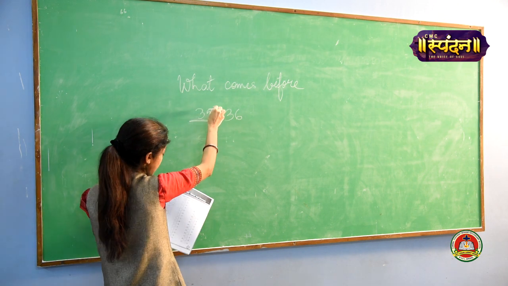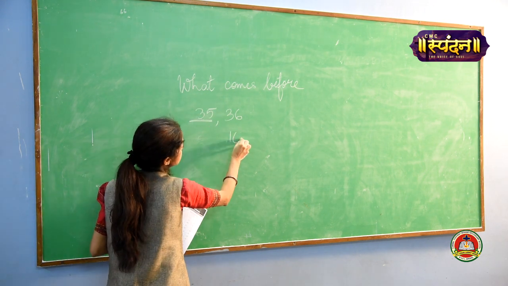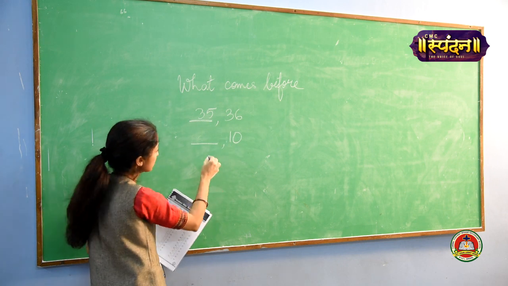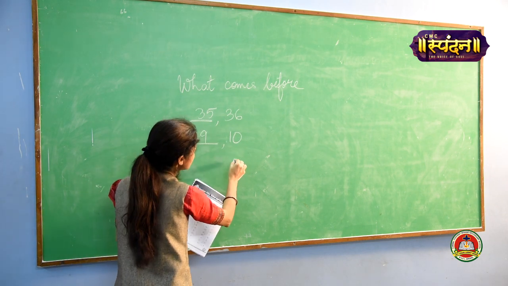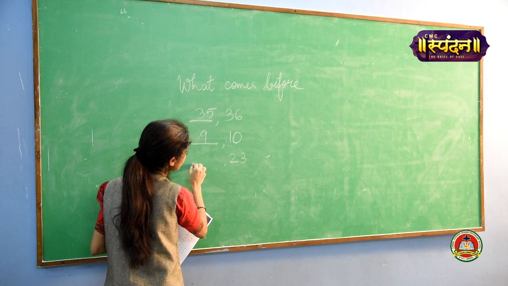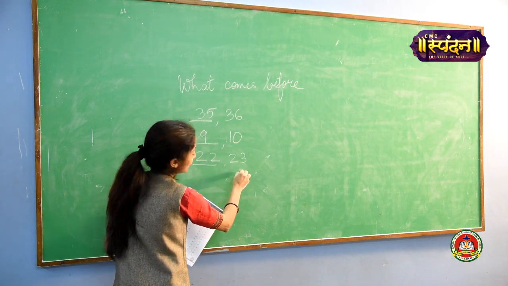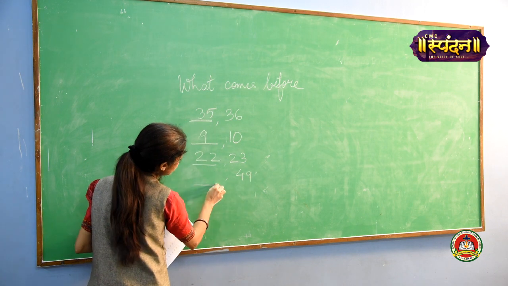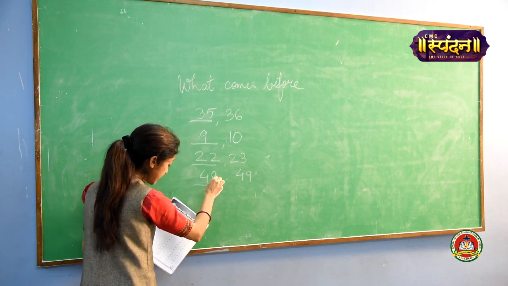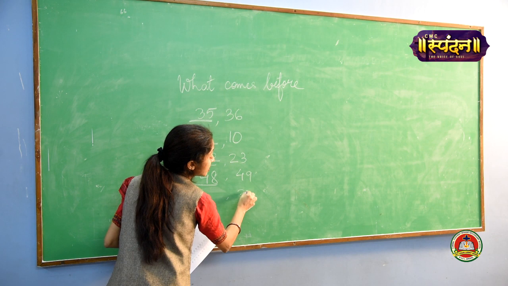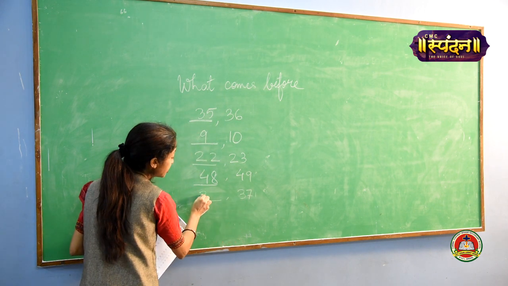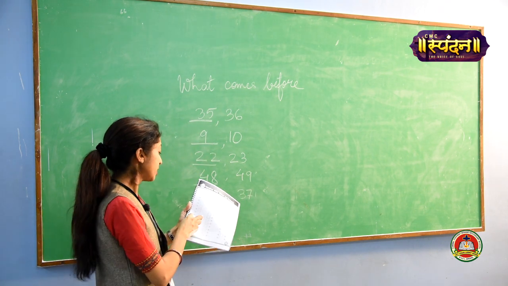35, yes, and thus next is 10. Before 10 it comes 9, then 23, before 23 it is 22, and before 49 what comes? It is 48, and before 37 it is 36. So like this,